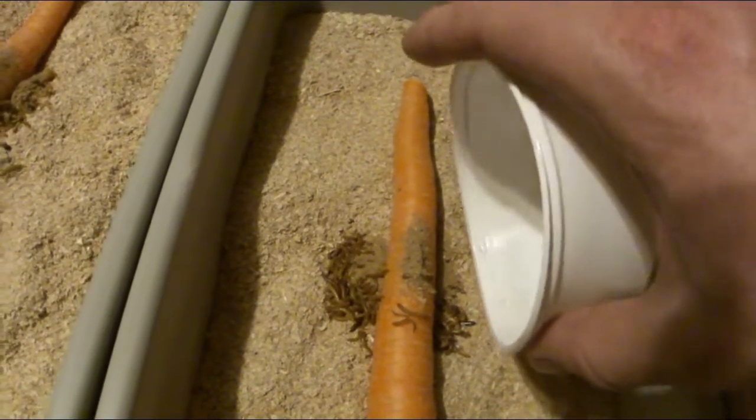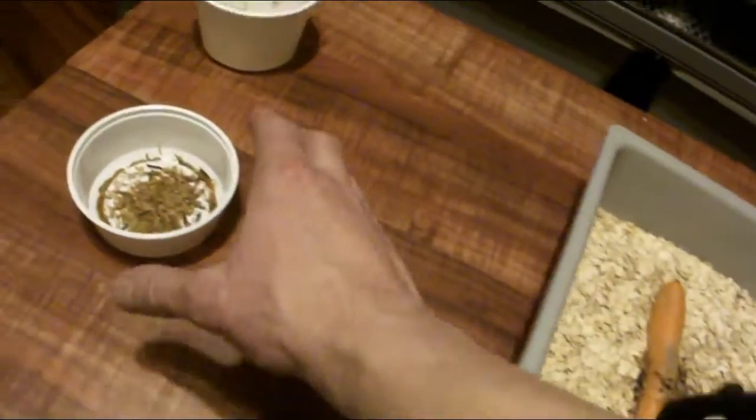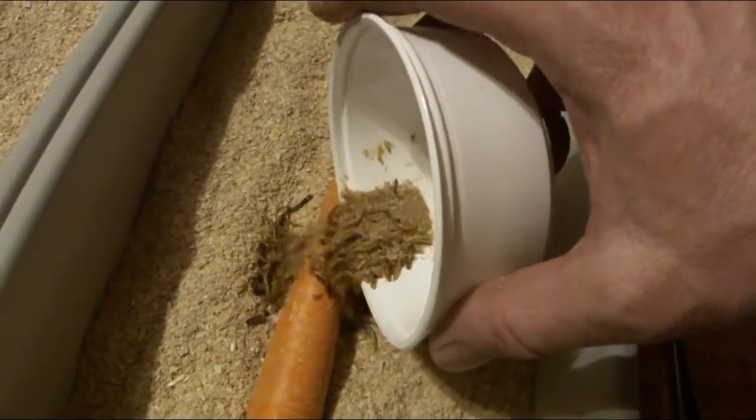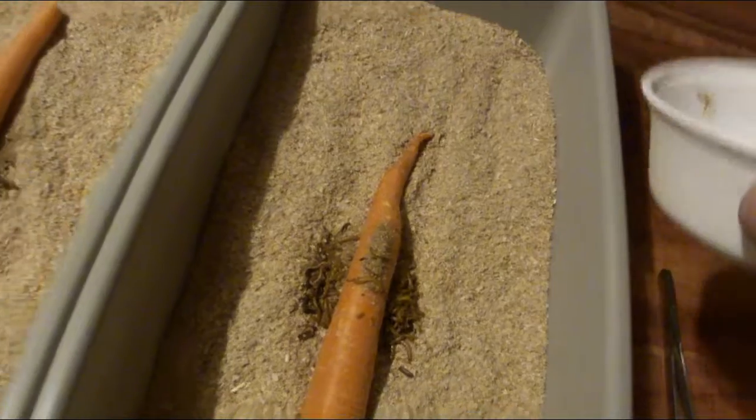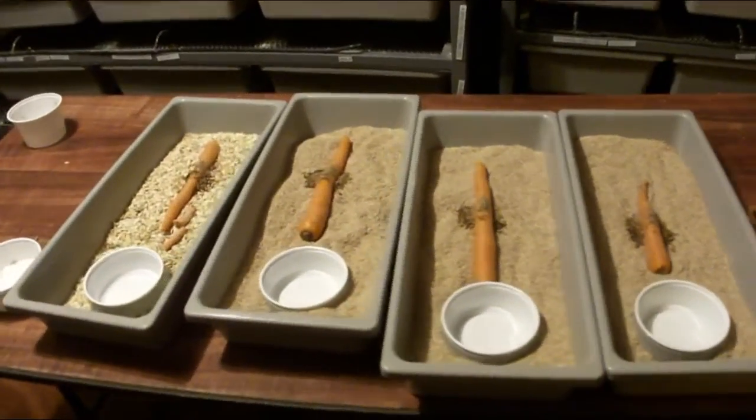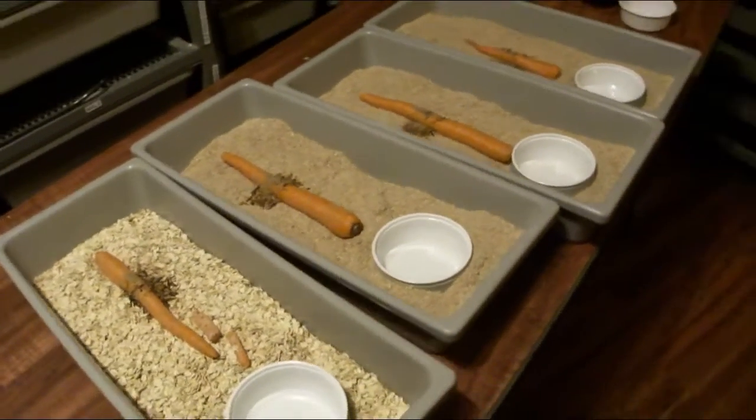And I have a funny feeling this is going to give me more mealworms than I want. But I'm thinking at the next show in about 3 months, when I do a reptile show, I want to be selling a lot of mealworms. Have them out for sale in little cups. And I think I can put maybe little cups in my display rack. I'm thinking maybe some mealworms and some frogs and some different things just to fill my display case